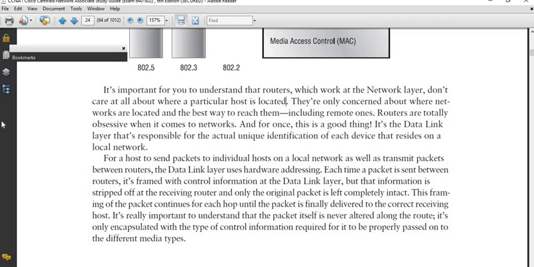It doesn't. The router's concern is not to send the message to the particular destination host. Rather, the router's role or work is to route or move that message from the source network eventually to the network that the destination host is staying in. So once it gets to the network that the destination host is staying in, it is now the work of